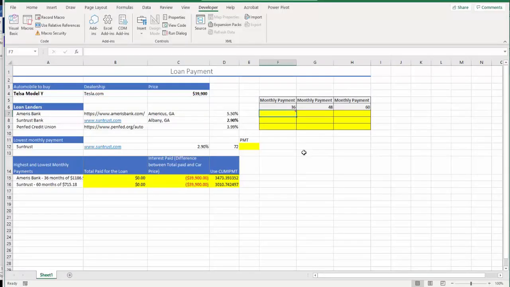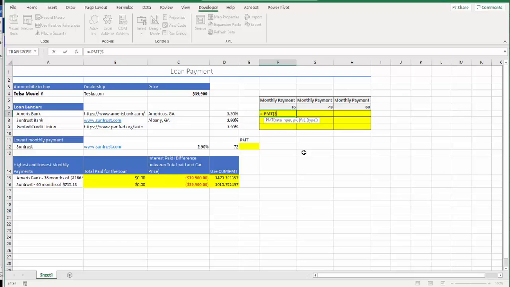PMT function. So you're going to start from equals always minus PMT. Why? Because as a default, PMT will return negative. So what people usually do is enter minus in the beginning of a PMT function, or you can just multiply by negative at the end. Either way will work. So what I'm going to enter is D7,